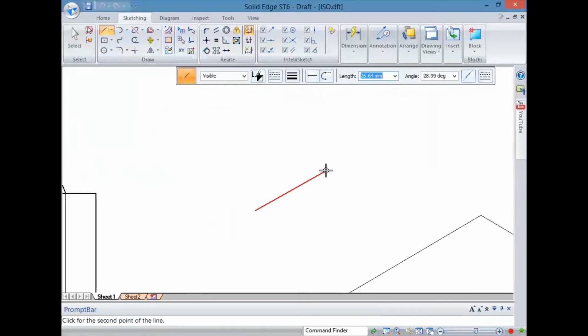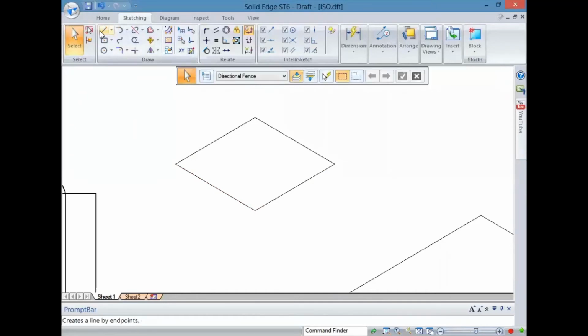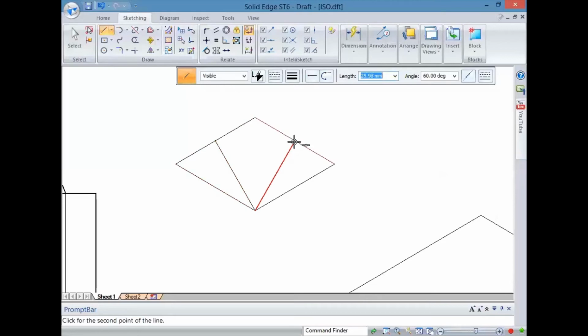So 30 is the diameter. We'll give an angle 30. Again, we have the line 30 at an angle 150. Again 30, and you can either make it parallel or give minus 150 degrees, and you can see that it is coming at the line. Just join it here. Draw the midpoints, and join the midpoints to the shorter diagonal. Now this is the fundamental basic construction to draw the 4 center method.